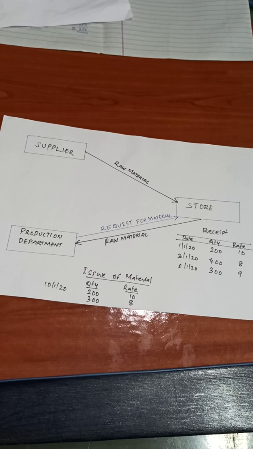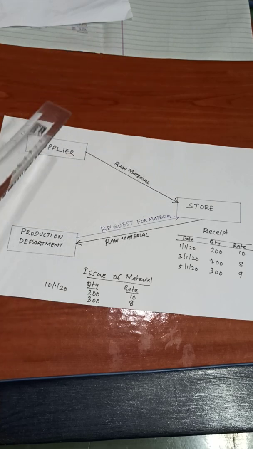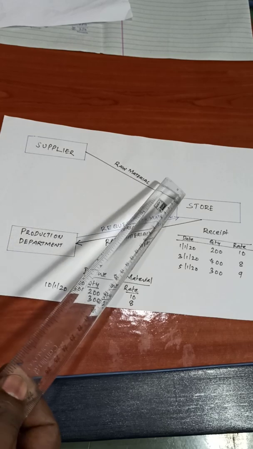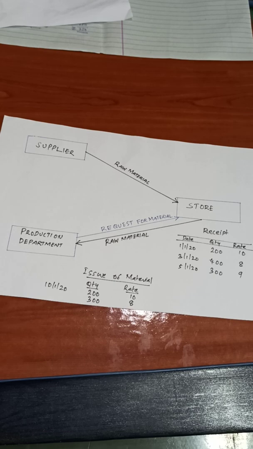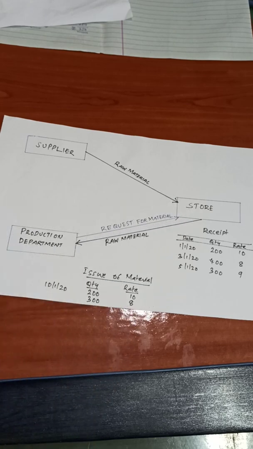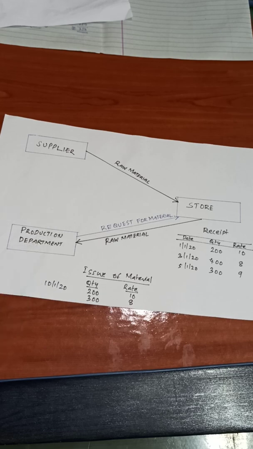We know that the supplier of the raw material, as per the order received from any organization, supplies the raw material to the business organization, and this raw material is received and kept in the store. At different times and at different prices the same raw material may be purchased. Whenever the production department is in need of material, they will give a request for material to the store, and in return the storekeeper will issue the required quantity of material to the production department, and the production will happen. So assume that during a particular period, during the month of January,